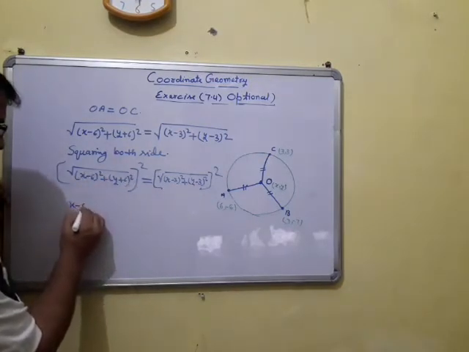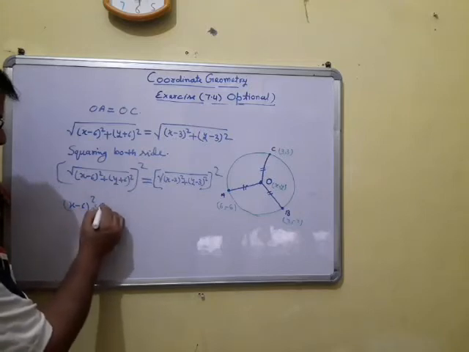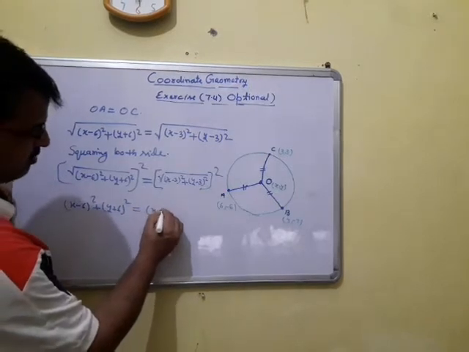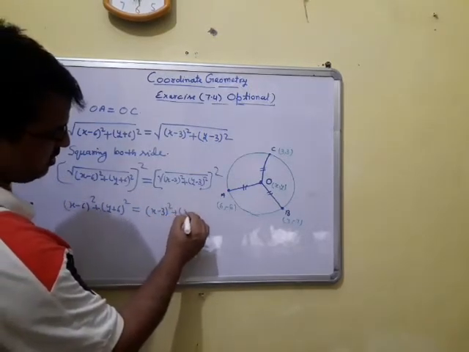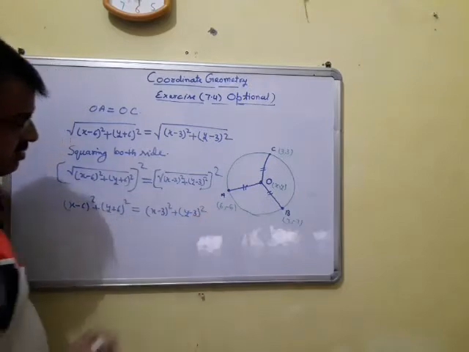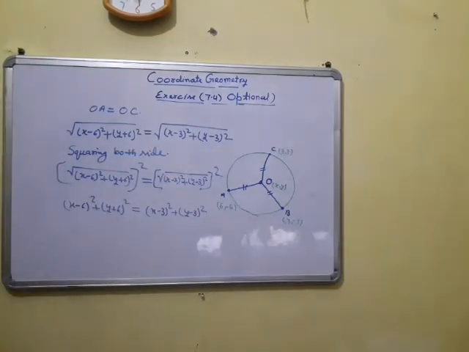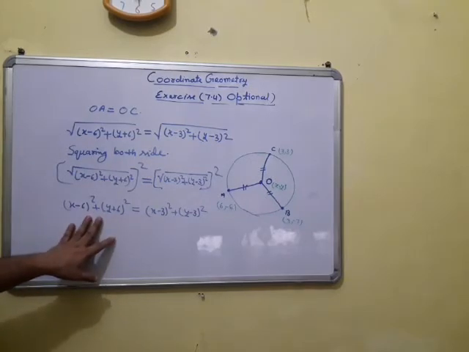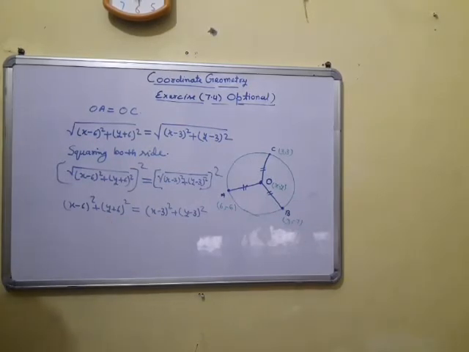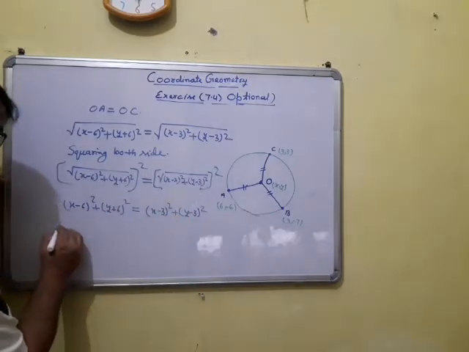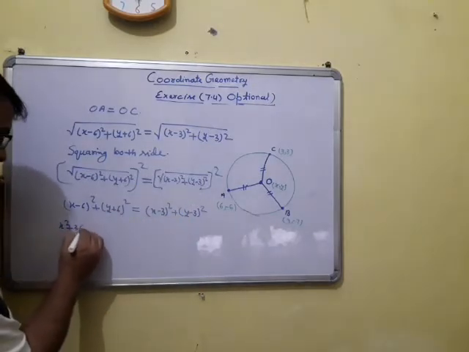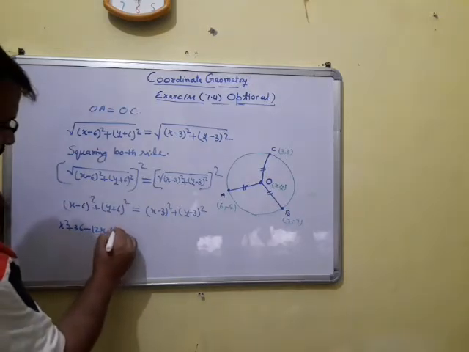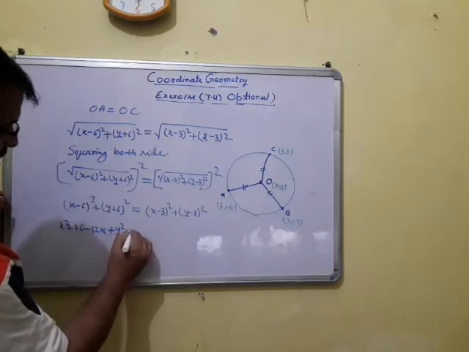So x plus y plus 6 whole square equals x minus 3 whole square plus y minus 3 whole square. We already know the square of this one: a plus b and a minus b whole square. Similarly, x square plus 36 minus 12x, clear? And this portion is y square plus 36